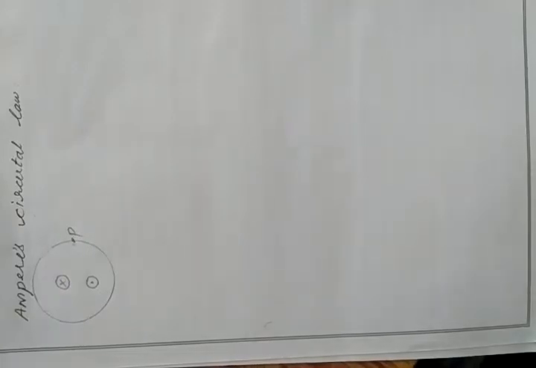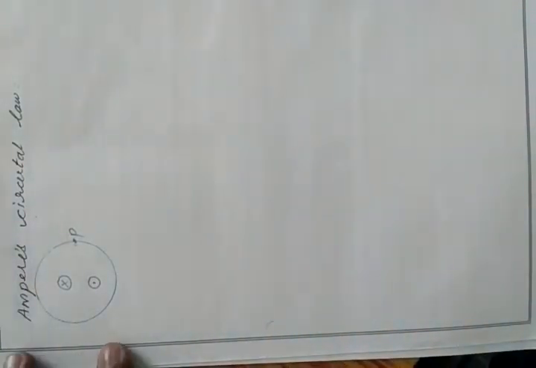Hello students, today we are going to see a new topic, that is Ampere's circuital law. Before going to see this topic, let me recall the previous topics. In the previous class, we studied about magnetic field due to a current carrying arc. If we have a coil which is not a complete 360 degrees, which has a certain angle like 90, 270 or 180 degrees, something like that, then we have to apply a new formula, that is for a current carrying arc.